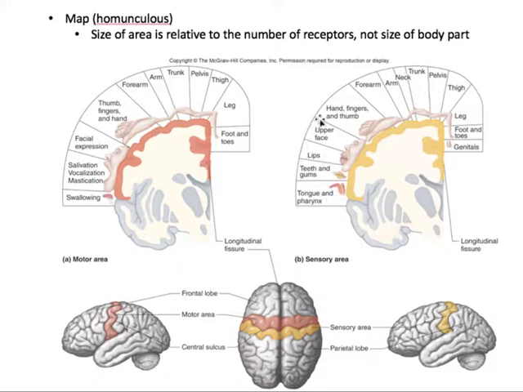In terms of the sensory side, so this is a homunculus of the sensory information. And again, look at how many sensors you must have in the face and lips, teeth, and gums. A lot of sensation here, whereas in your arm, you just don't have that many receptors there. You're not sending that much information to the body. Lot of area in the fingers and hands. Think about your fingers. Think about how sensitive they are to touch and pressure and temperature and things like that.